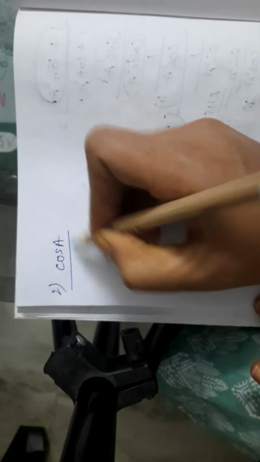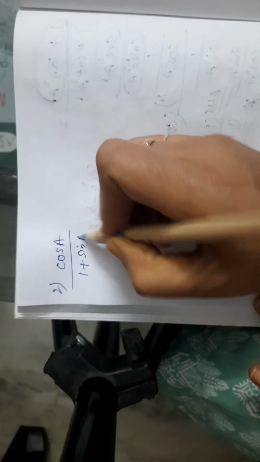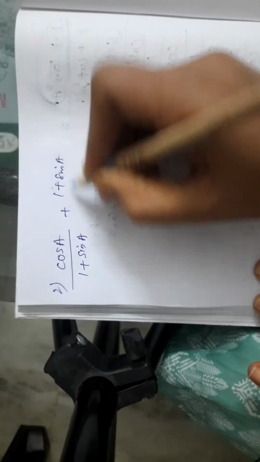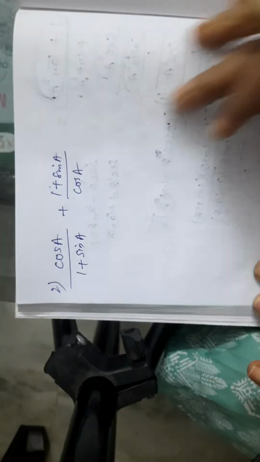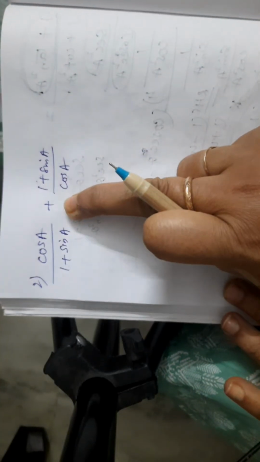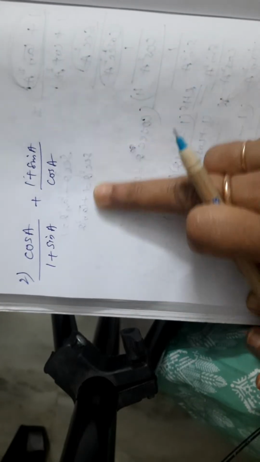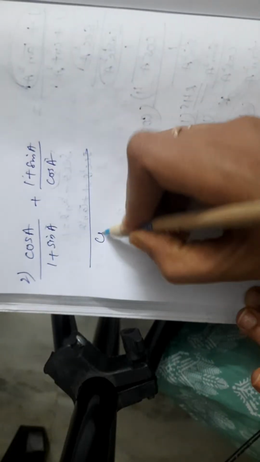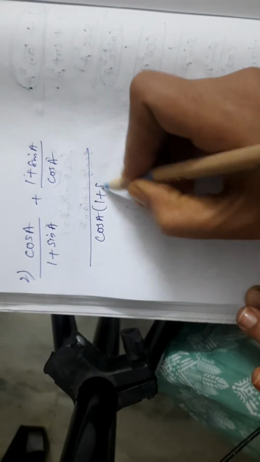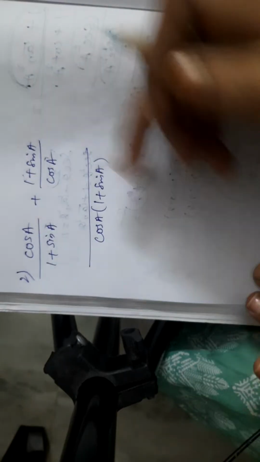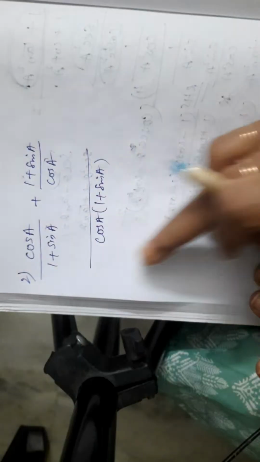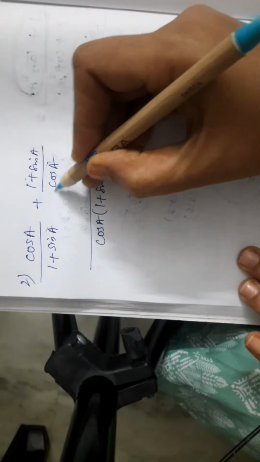cos A upon 1 plus sin A plus 1 plus sin A upon cos A। देखो ये सिंपल हमारा एडिशन है। एडिशन जैसे हम एलजेब्रा में करते हैं, एलसीएम लिया हमने और सिंपल ऐड कर लिया। तो ये दोनों हमारे डिनोमिनेटर हैं, तो ये हमारा एलसीएम हो गया cos A 1 प्लस sin A। अब ये चीज़ यहाँ पे साइन है तो इसलिए हमारा कॉस से ऊपर मल्टीप्लाई होगा।